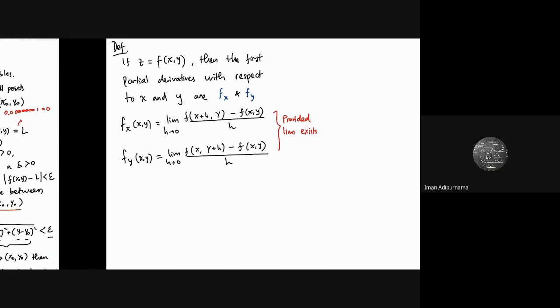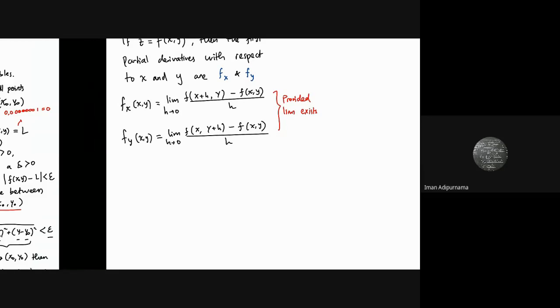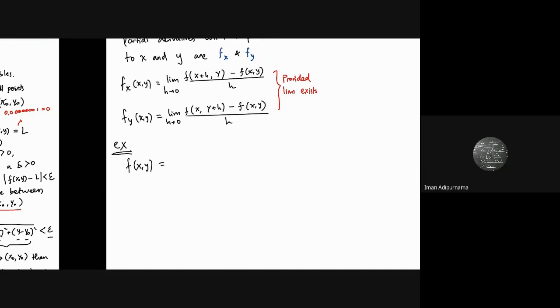Okay, let me start with how we operate the partial. Before going into detail of all the concepts, if I write a function here, let's say 3x minus x squared y squared plus 2x cubed y. If I want to look for the partial of x,